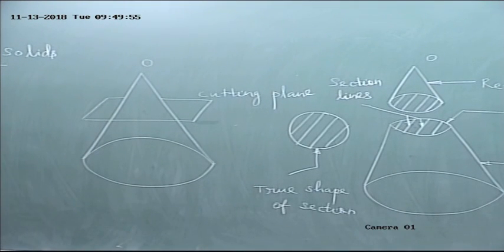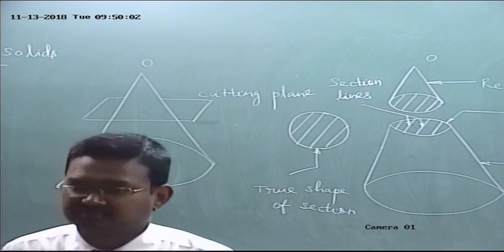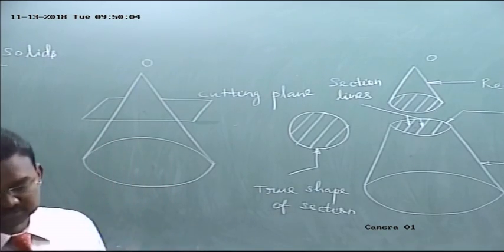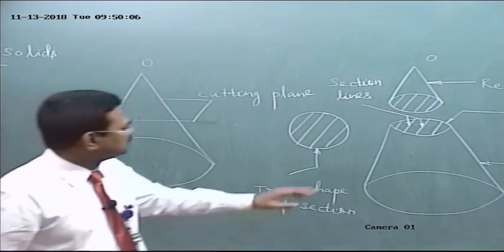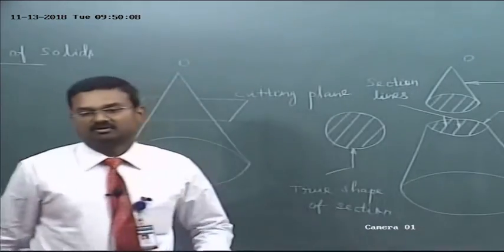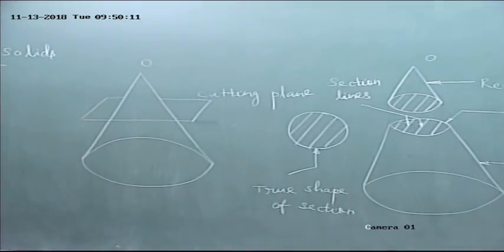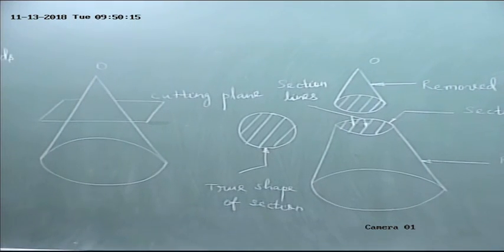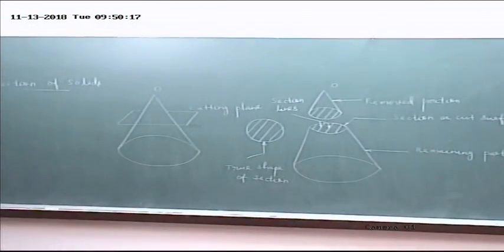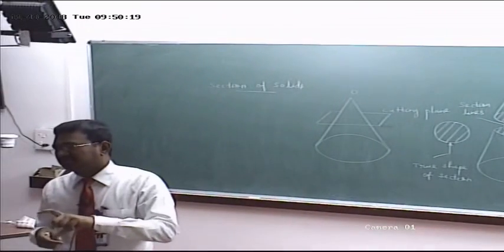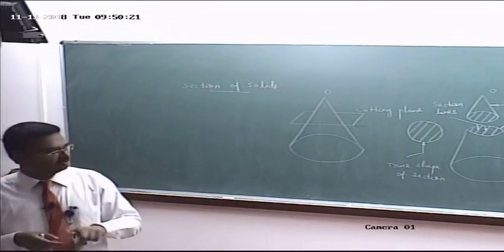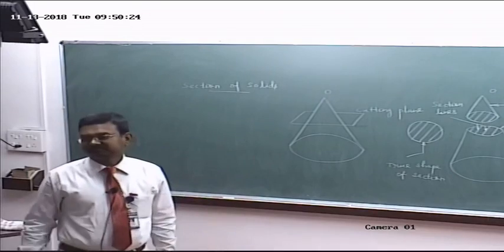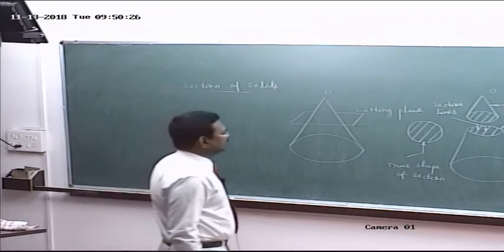The section lines are also known as hatching lines. In the software, there are thousands of section lines and hatching lines. So, for study purpose, you have to refer only to the continuous line. They are inclined at an angle of 45 degrees to the main surface or axis of the cone. So, to draw the section lines, fix your set square at an angle of 45 degrees. By using the 45 degree inclined scale, you have to draw the section lines.